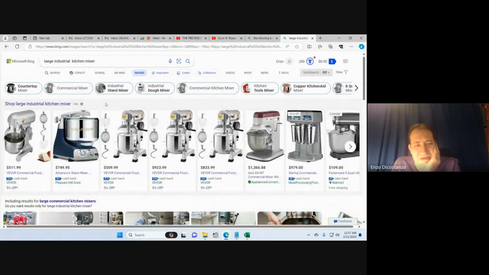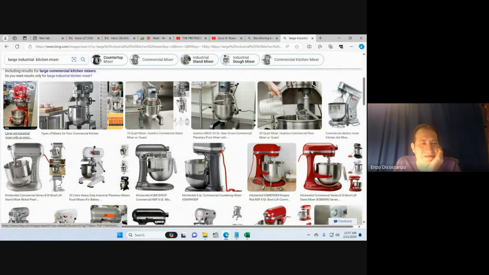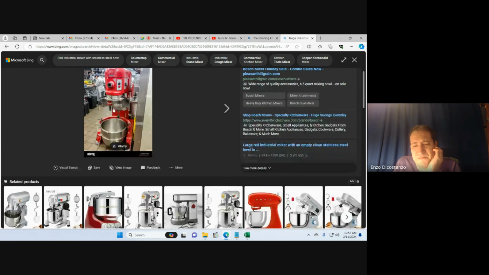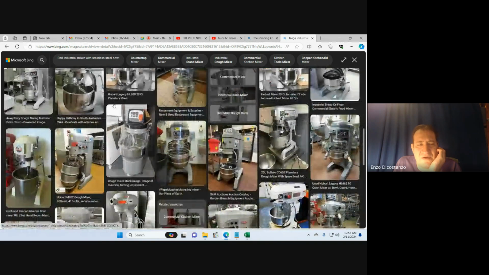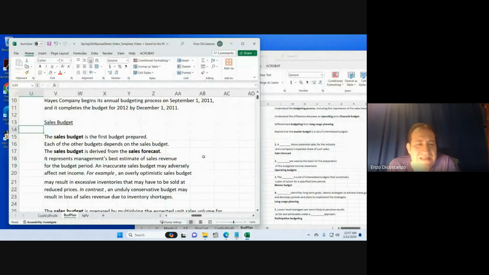Again, just trying to put in your mind's eye. See this thing? Look, this is as big as the guy. See the person standing there. If you stood next to it, it'd be almost as tall as you are. And this is for making doughs and cake batters in big volumes. See, there's the table there. The table's like at your belt level, right? So this thing is almost as tall as a person. Well, that's what these mixers are.